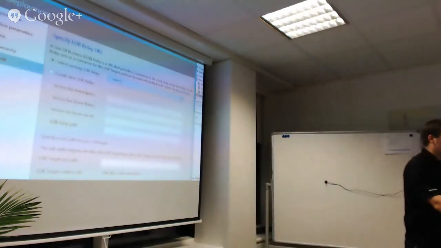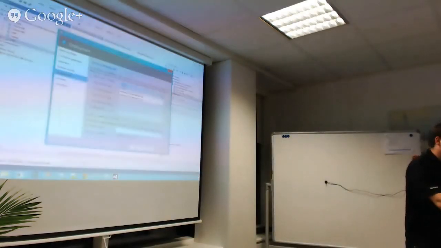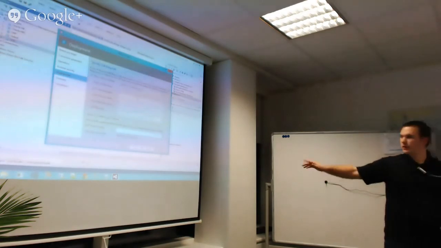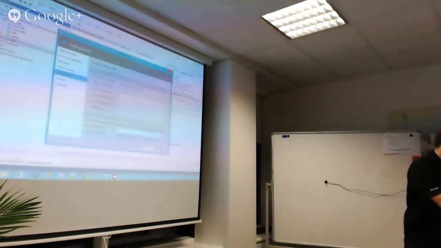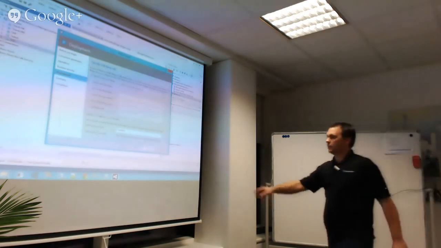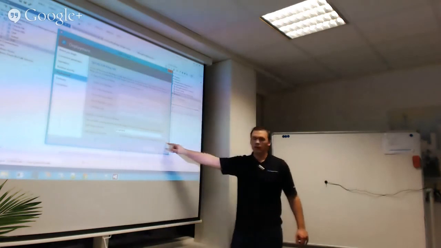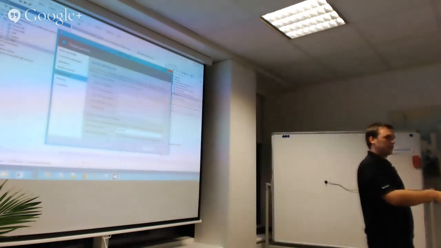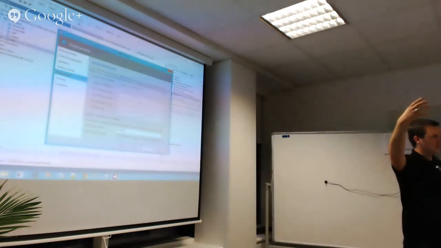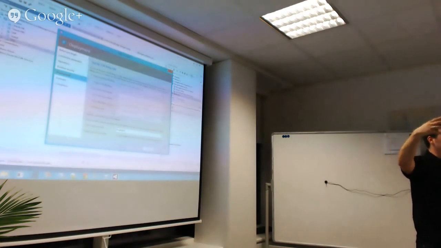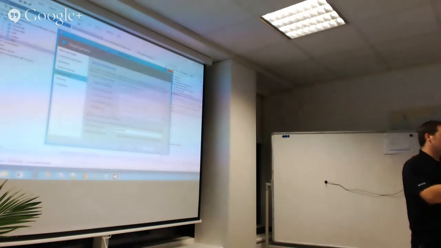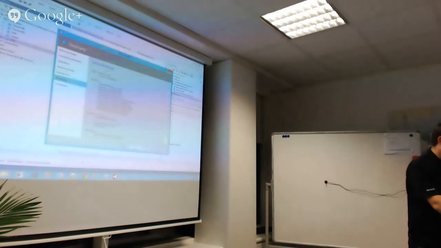Or I can just say no. Select one that I have already, like Sql, and then I can give it a subpath. For example, Azure flights. And on this endpoint here, whenever I start my local thing, I have a public addressable web service where people can call my table, okay? Of course, you need to have the right credentials, so you need to have an ACS token and things like that. So if I click next here,